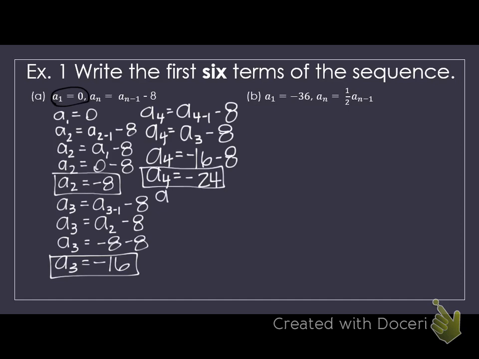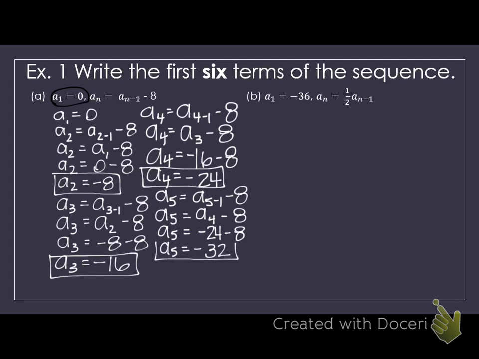Very good. All right, a sub 5 equals a sub 5 minus 1 minus 8. What is a sub 5? Or I'm sorry, what is 5 minus 1? A sub 4. What was the value of a sub 4? Negative 24 minus 8. So a sub 5 equals